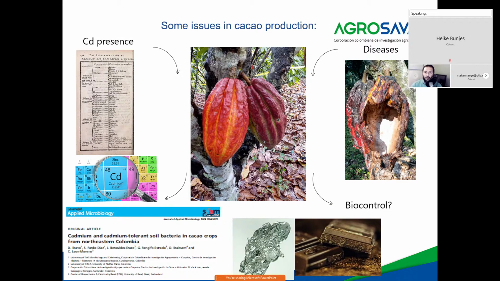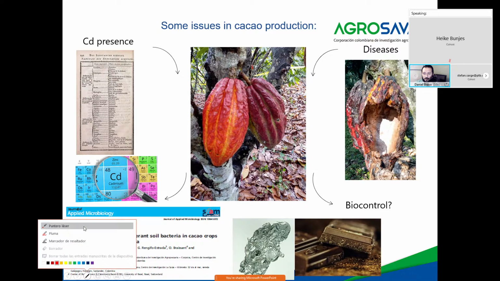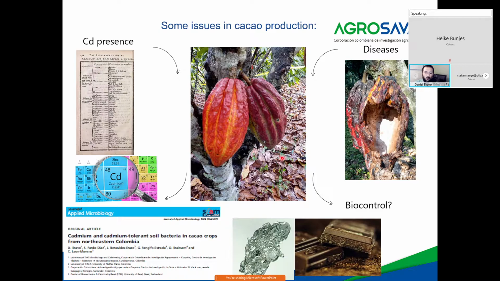So there are some issues in cacao production. Cacao is the largest crop production in Central and South America, but there are certain concerns regarding, for instance, the problematic of cadmium content. The cadmium in both soils and cocoa beans are problematic since there is a new regulation that started from 1st January 2019. This is a regulation from Codex Alimentarius and the European Union, but it's a regulation on the chocolates, the maximal permissible content on chocolates. However, as you know, cocoa beans are the raw material by which chocolates are made.